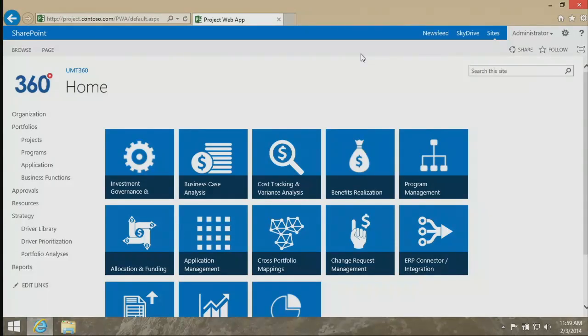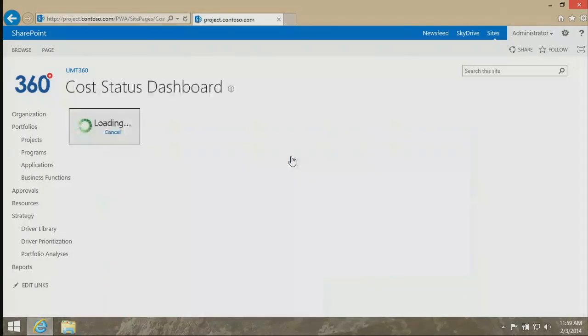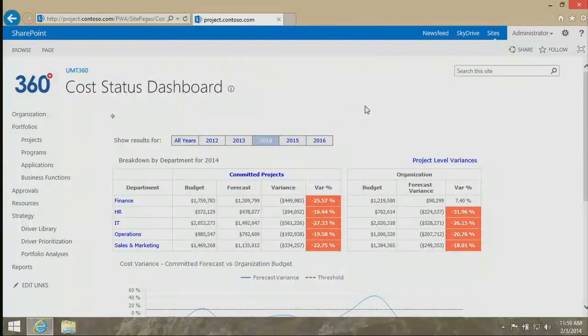The reports that I'm showing you today are out-of-the-box capabilities that just light up as soon as you start entering data. We ship best practices around workflow. We ship best practices around financial structures. So as soon as you start entering data, the reports are going to generate, assuming you buy into those best practices. Looking at a cost status dashboard now, similar to the benefits to a degree, we have the ability,